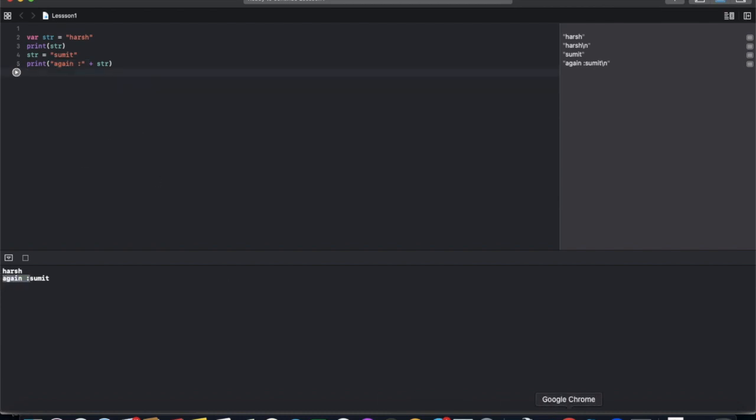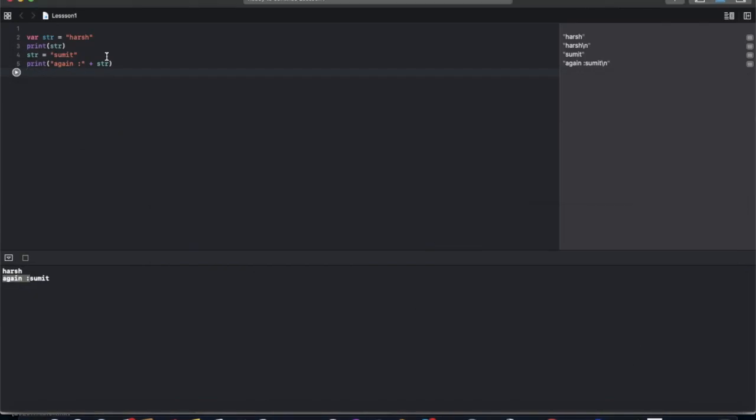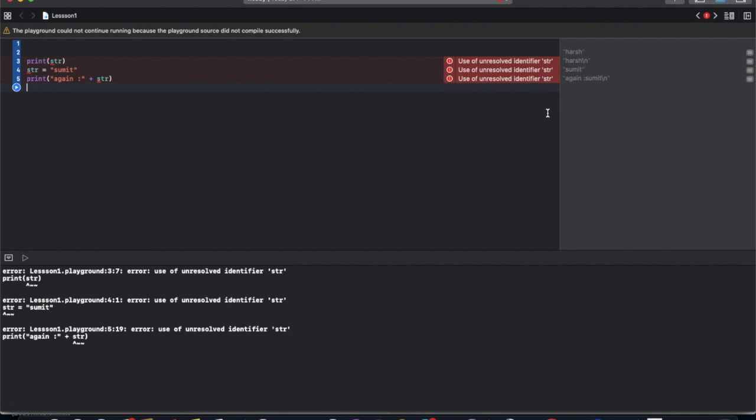So basically, as we read from the document, constants and variables must be declared before they are used. We need to declare it before use. If we are not declaring this and we try to compile it, it will give an error because it doesn't have anything named str. It tells us use of unresolved identifier str.